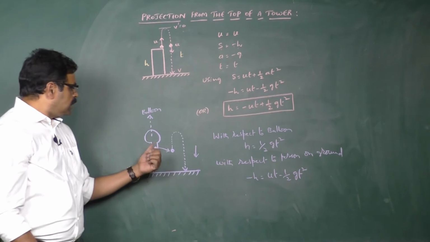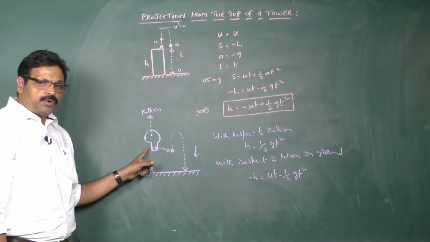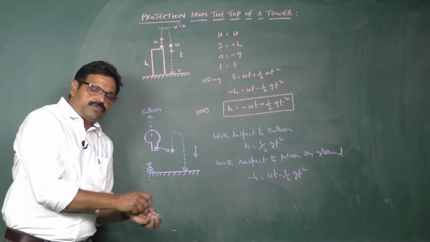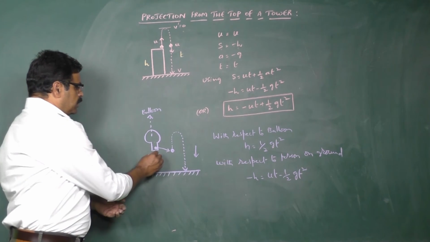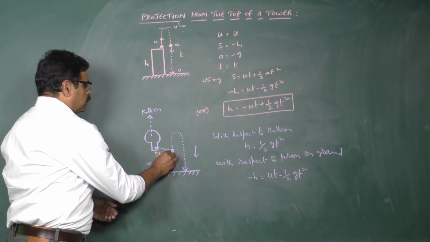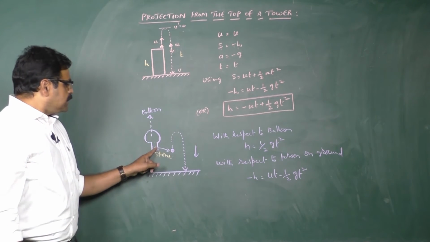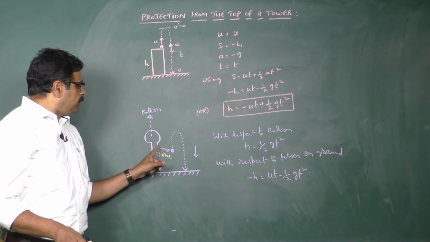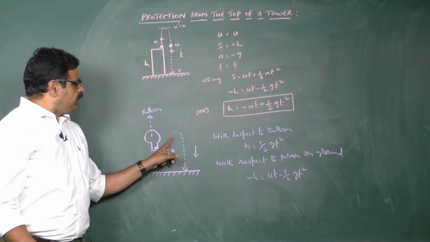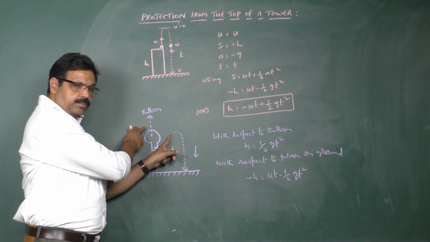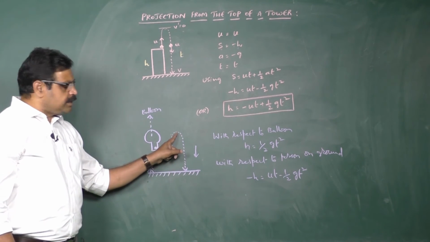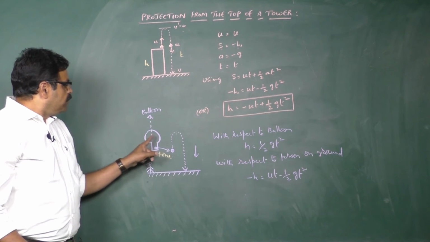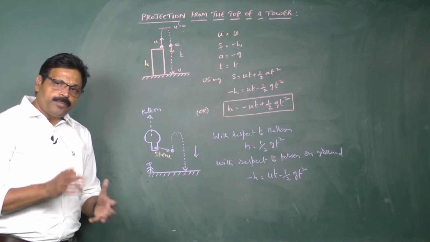Just similar to that, you can consider a case when a balloon is moving in upward direction with some velocity and a body is thrown out of the balloon. As an example, I am just looking at a stone thrown out of the balloon as it is going upward. In this case, this stone will have the same velocity as that of the balloon when it is coming out of the balloon. So it will be moving with the same velocity in upward direction because initial motion is in upward direction. It reaches a certain height, then its final velocity becomes 0 and it will be coming down. Whereas the balloon will be continuously moving in upward direction.